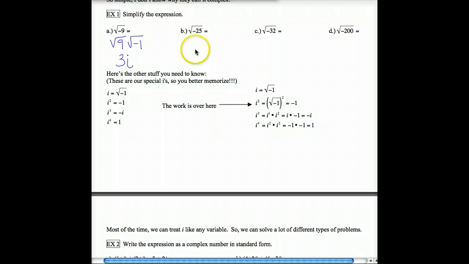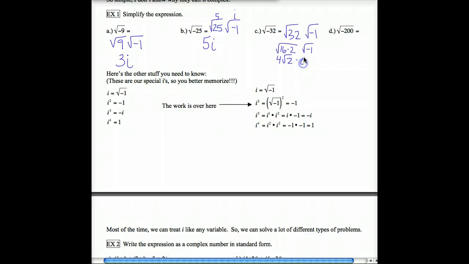All right, hopefully, whether you just knew it in your head or whether you wrote it out, the answer should be 5i. Again, the reason is it's the square root of 25 times the square root of -1. This is i and this is 5, so 5i. C, you actually have to do some simplification, because here, when I factor out my -1, the other square root doesn't come out evenly. So 32 I have to break down using my radical rules. So it's divisible by 16. It's 16 times 2. So that's 4 radical 2